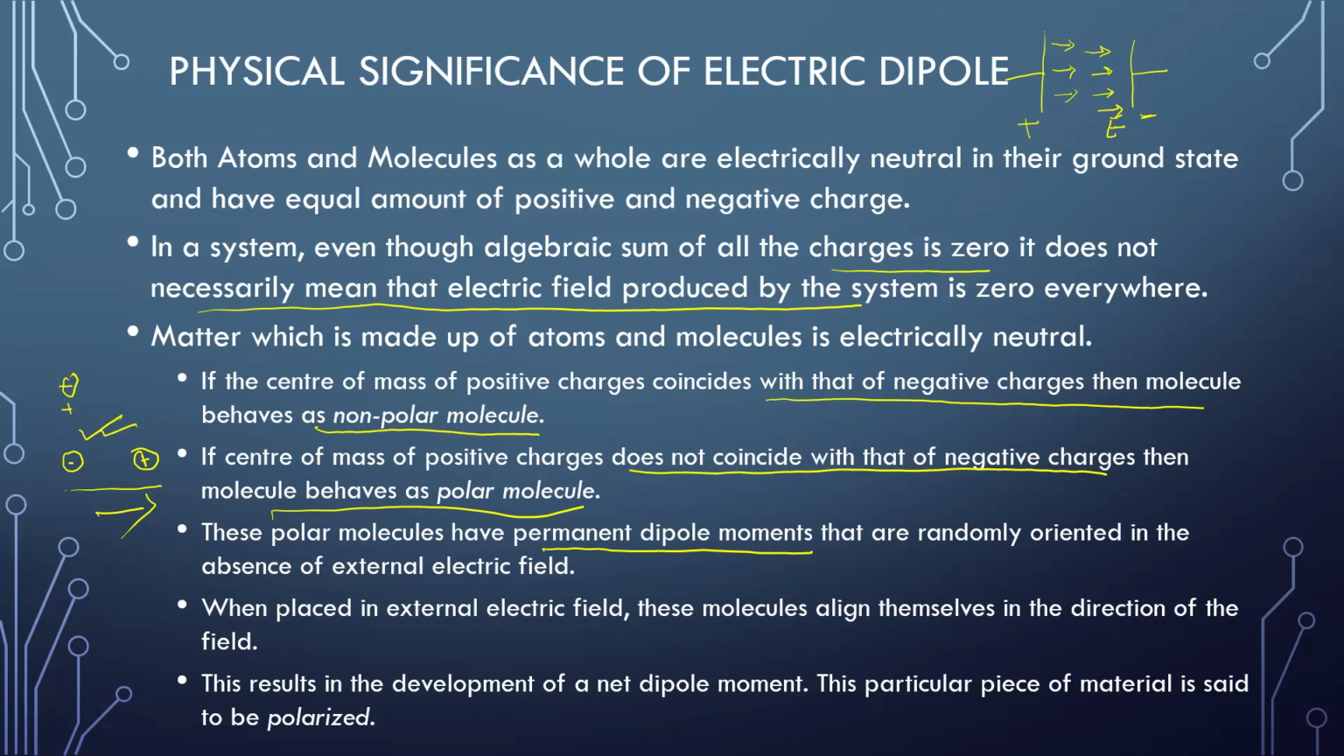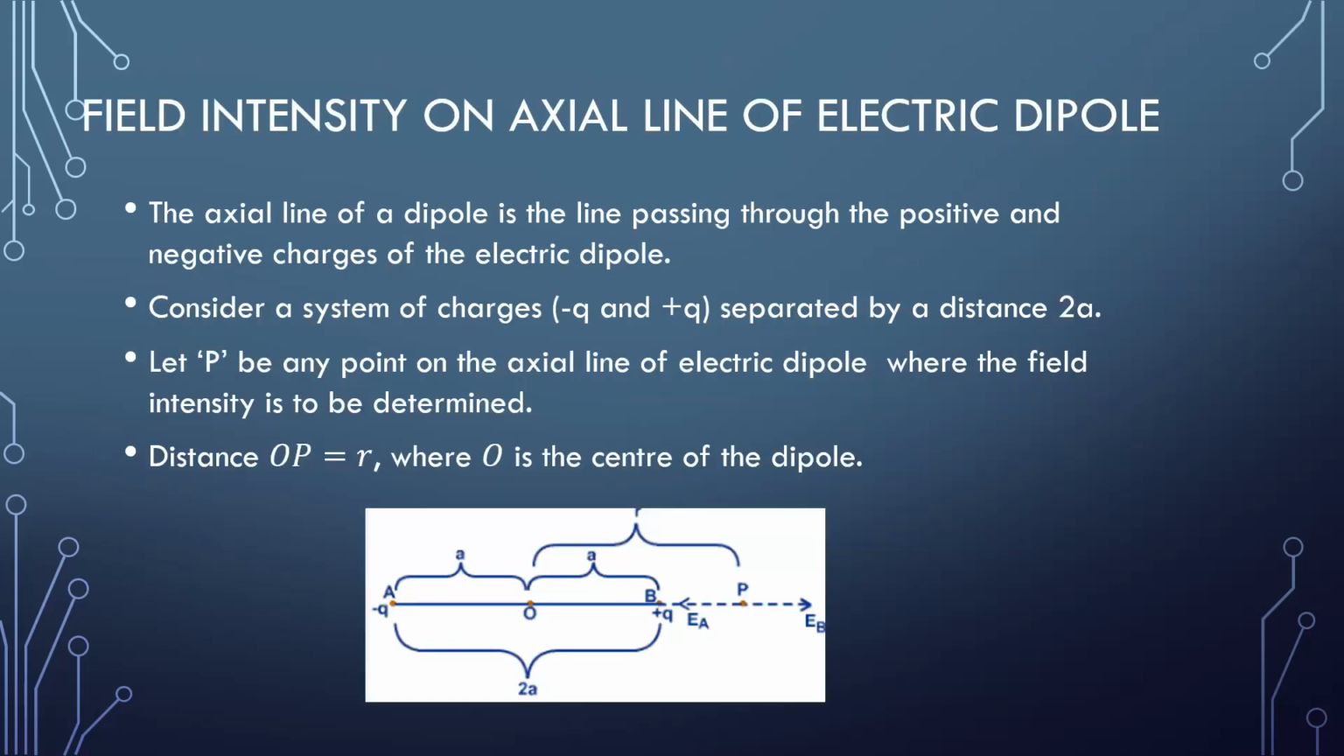So, they will all align in the direction of the electric field, and this results in the development of a net dipole moment. Okay. So now they are not randomly oriented, so they will have a net dipole moment. So this particular piece of material is now said to be polarized. Okay. So we have understood what is electric dipole, what is electric dipole moment, and also the physical significance of electric dipole. Now we move further and talk about what is electric field intensity on the axial line